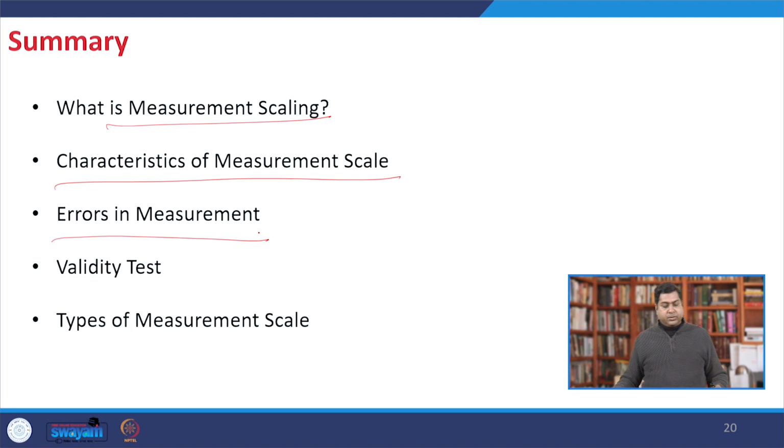Then we also discussed errors in measurement, the normal errors that we make, which can be from the respondent side, through the instrument, or by the interviewer or the measurer, etc. We discussed the validity test and also the reliability test,